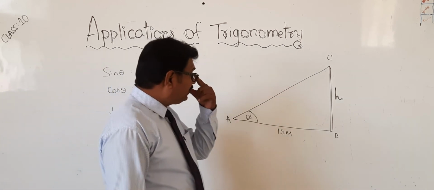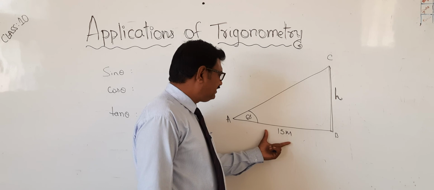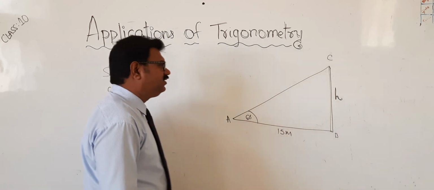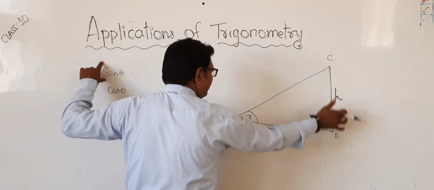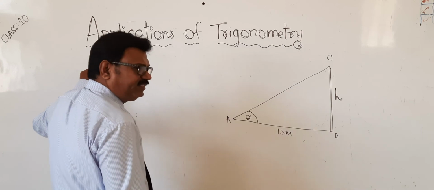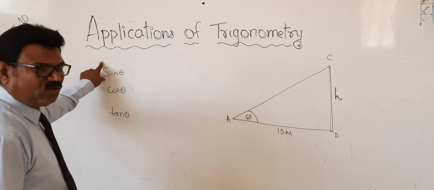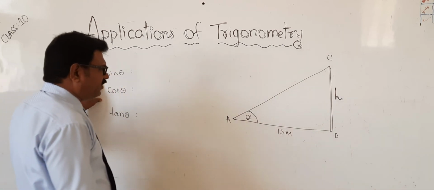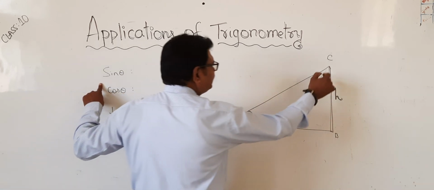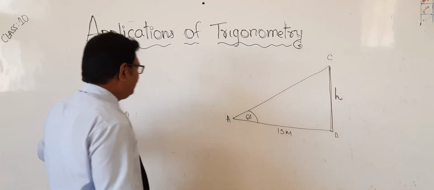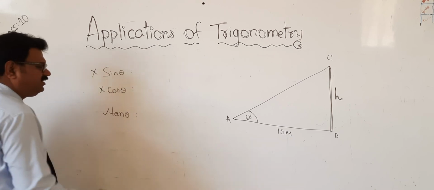So we have to choose the ratio in such a way that it is connected with the adjacent side and opposite side. Here, sin theta is opposite divided by hypotenuse. Only the opposite is there, the hypotenuse is not there, therefore it will not work. Second, cos theta is adjacent and hypotenuse, but the requirement is only the opposite side. That means this is also not useful, but tan theta is useful.